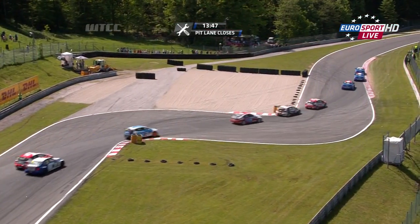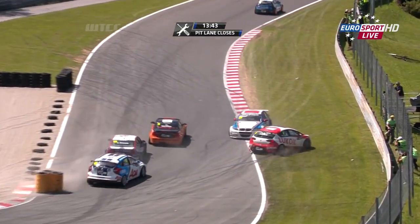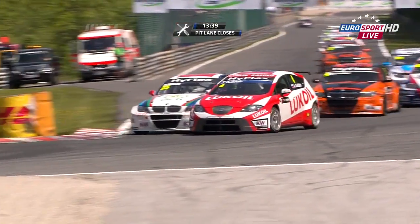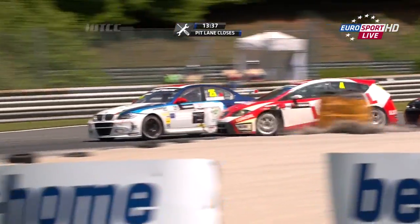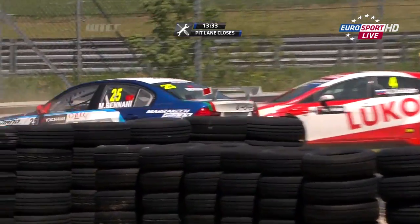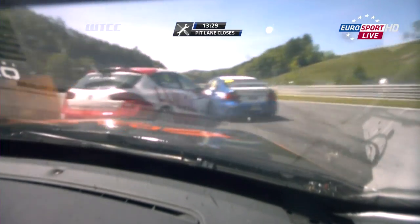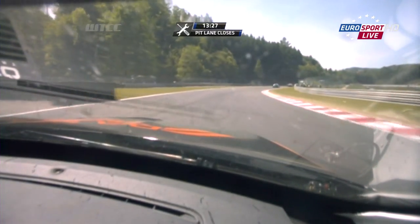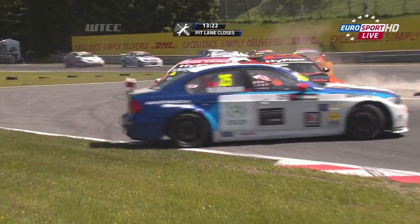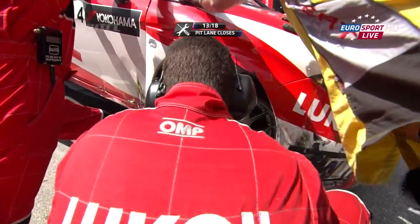Well, that may get a bit of gaffer tape in the end just to stop it tearing off in the wind. It's the tyre stack that did the damage on the left, but contact with Mehdi Benani's BMW that did the damage to the steering arm of Alexei Dudicalo's red and white Seat. And then he got an added tap there from Norbert Michelis, who, from his onboard, as we see, has no chance of avoiding all of this. Now, I think Dudicalo should have been aware that Benani was inside him. At this level, you should be aware the cars are around you, and he was down to his B-pillar, so he just turned in on him. Yeah. So he was the victim of his own...